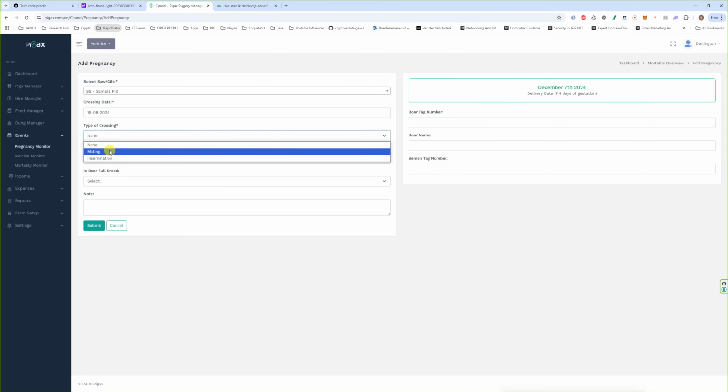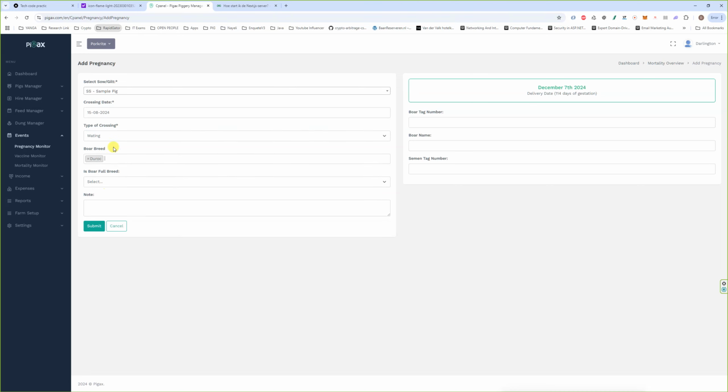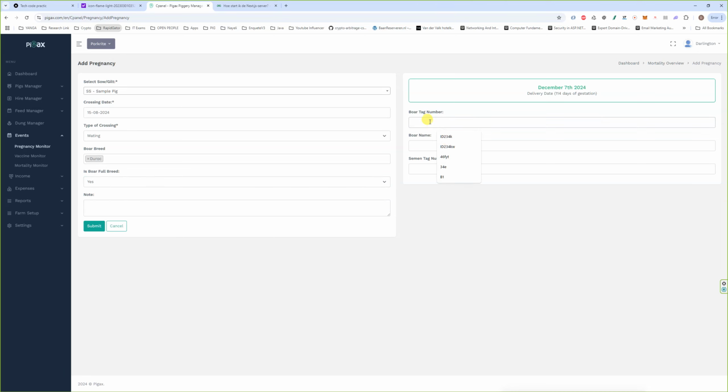What is the breed of the male? Is it a full breed? The tag number, I'll just put the boar's tag number. So this is a unique identifier for the boar. Sometimes, if it's a boar on your farm, you probably have this number, or sometimes if you rented the boar, you can just give it a number that you can use to identify it later. And we can give it the same name. And this part we can leave empty. So if I click on submit,